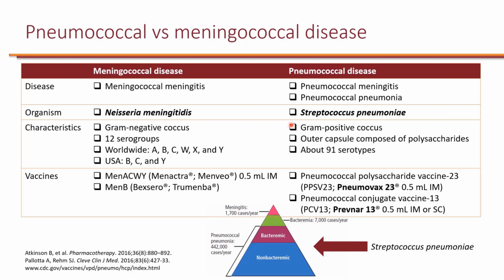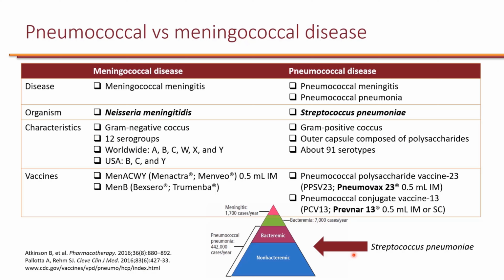Now it's important to distinguish between these two because there is some misconception out there. When we talk about meningococcal disease, people may refer to this as meningitis vaccine. So it is true that by taking meningococcal vaccine, you will basically prevent meningitis due to Neisseria meningitidis. And people may refer to pneumococcal vaccine as pneumonia vaccine. This is where the misconception comes in because Streptococcus pneumoniae can cause pneumonia, but it can also cause meningitis. So by giving patients pneumococcal vaccine, not only are we trying to